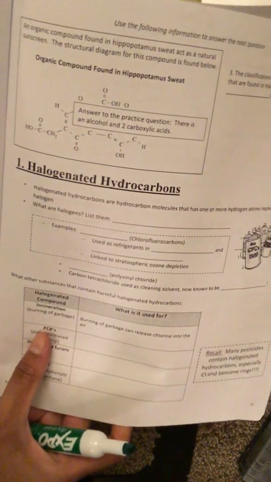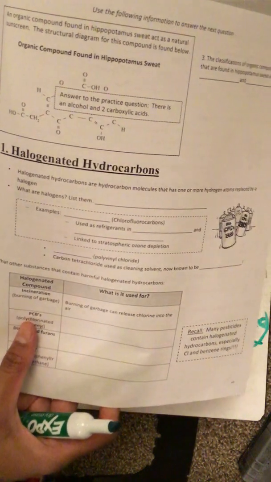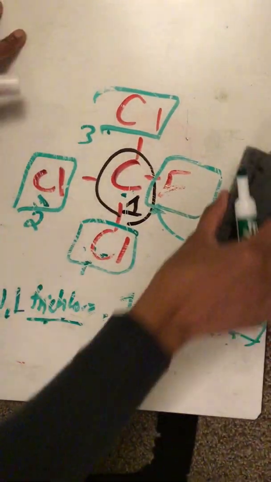And actually, PCBs here, I think PCBs actually are not found in clothing. I think they're actually found in transformers, which is electrical equipment. So I gotta fix that, just fix that. So that's where PCBs are found, sorry. Okay, anyways,